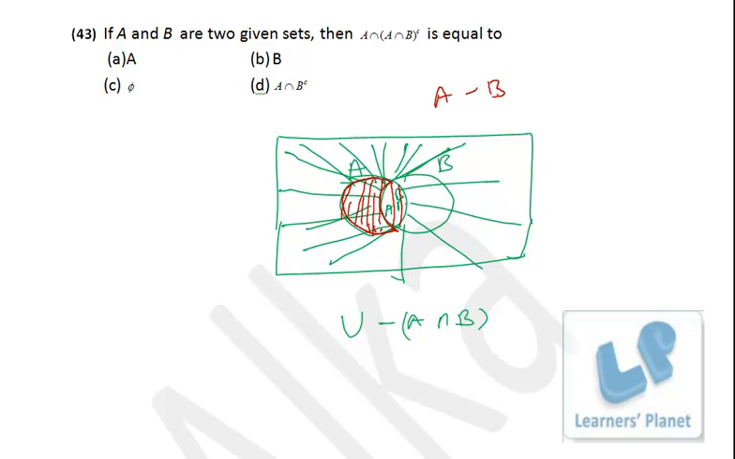Since we don't have A minus B among the options, let's check this one because all of them are incorrect. A intersection B complement. So I see A is this complete circle and B complement is this entire region. So A intersection B complement will be nothing but A minus B. Okay, so if you use Venn diagrams to solve these sorts of equations, it will be really very easy for you to do the problems. Okay, you can have two or three color pens, or you can draw horizontal and vertical lines to see the common area. Okay,